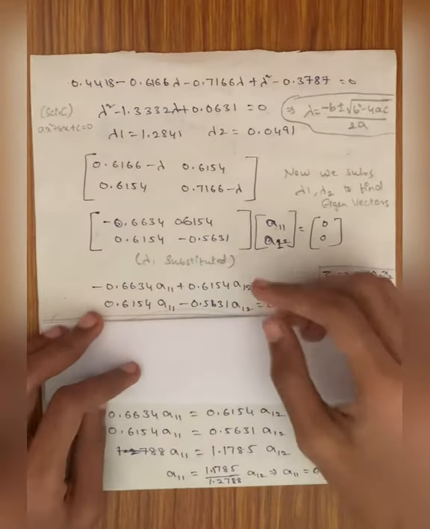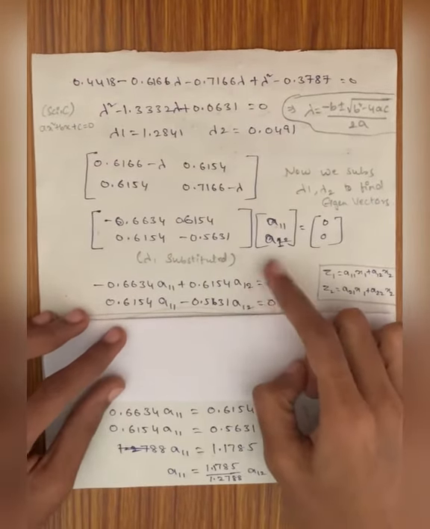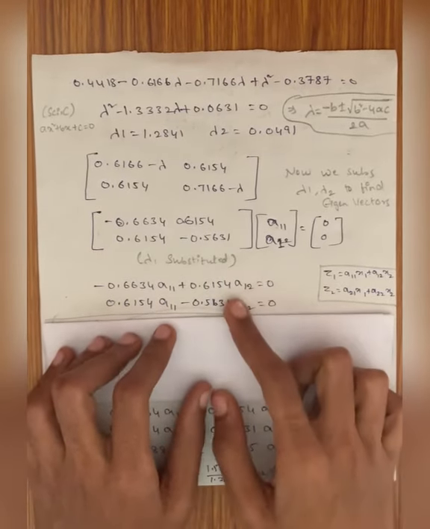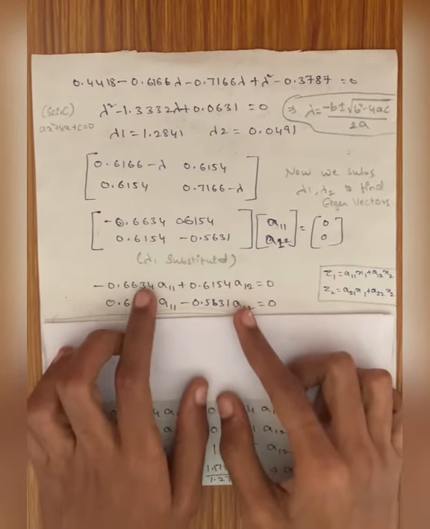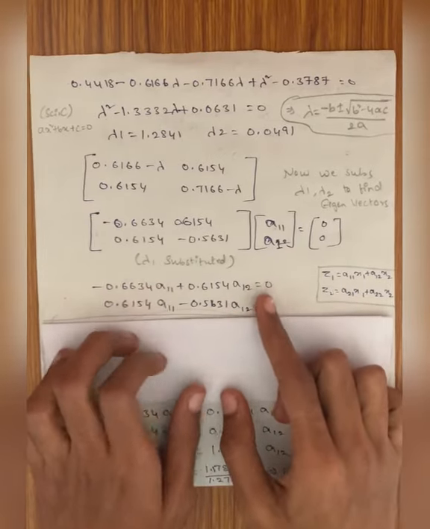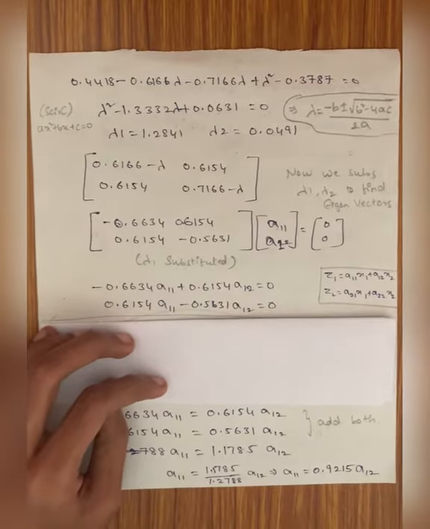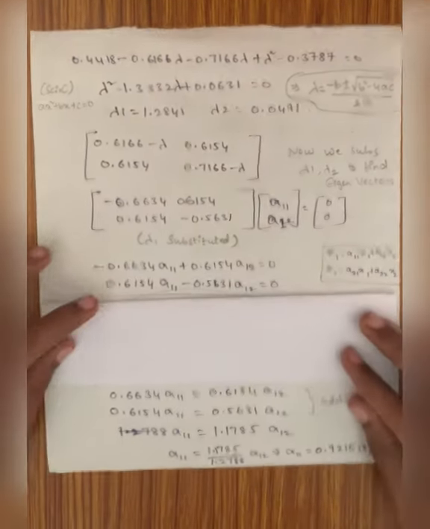So these linear equations should be solved by hand, because if you use the calculator or any other means to solve this equation, you would get a11 is equal to 0 and a12 is equal to 0. So the major problem is we have to find these eigenvectors by other means. I will tell you the procedure for how to find that.